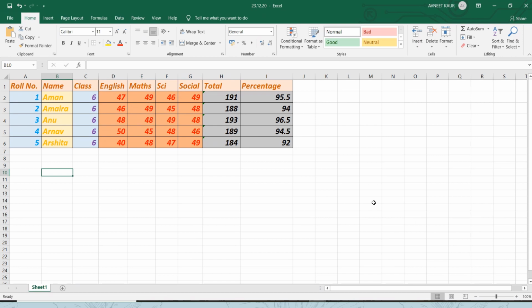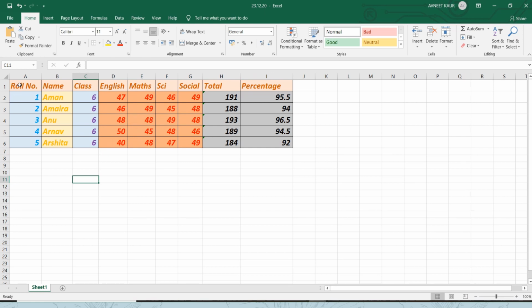First, we have discussed two methods. The first method says that when you want to select the continuous range of cells, you will click in the first cell of the range to be selected and then hold down the shift key and click on the last cell. The first range will be selected. In the same way, click on the last cell, second range will be selected. Click on the last cell, third range will be selected. This was your first method.